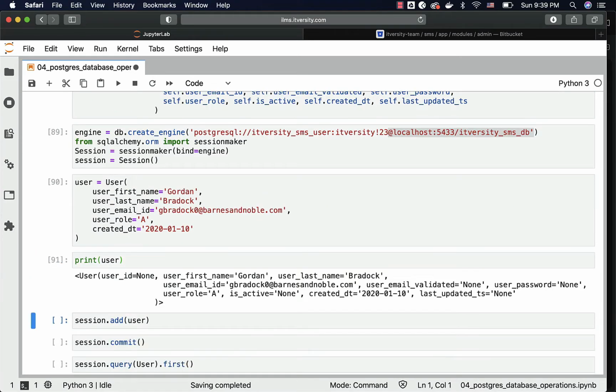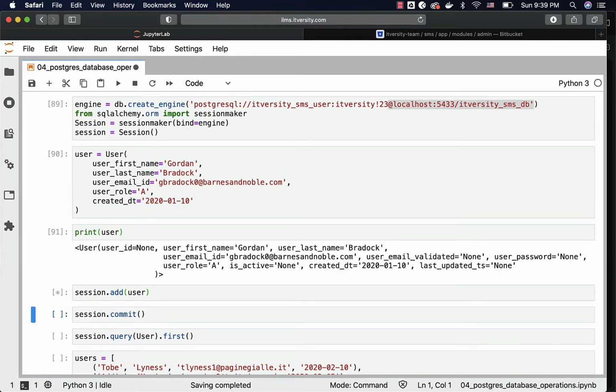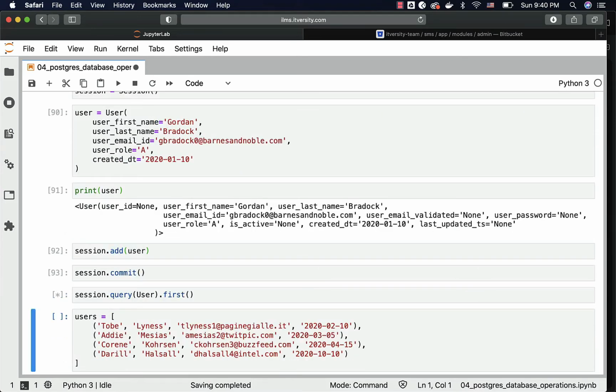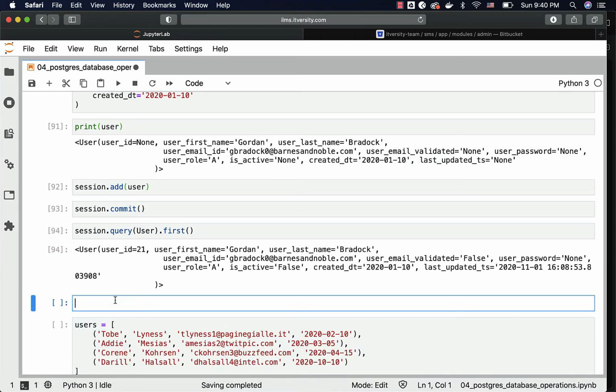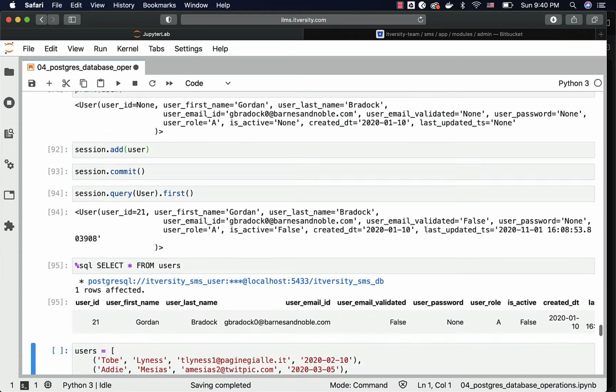We can print the user object here. As of now, the data is not loaded into the table or inserted into the table. When you say session.add of user and then session.commit, it will take care of adding the user into the table by translating this add into an insert statement, and the insert statement will be executed inside the database. That is how the record will be inserted. You can validate by running this query. You can see the details with respect to the object user which is returned with this API call, which is nothing but select star from the table limit 1, which will return only one record. You can also validate by saying %SQL select star from users, and you can see the results here.